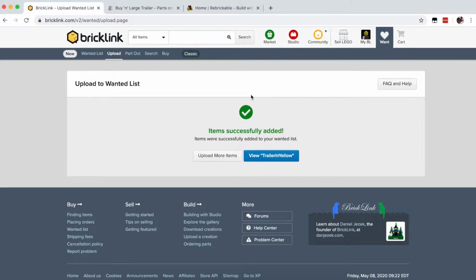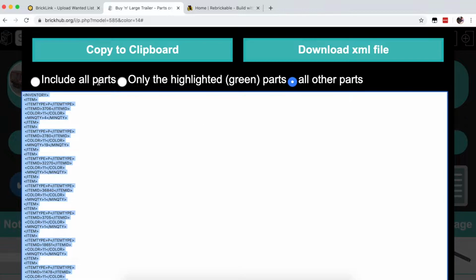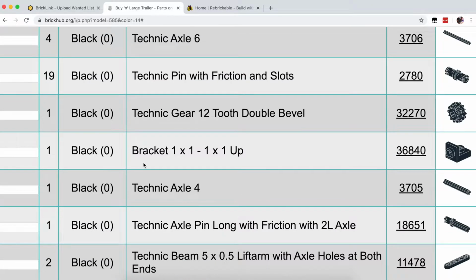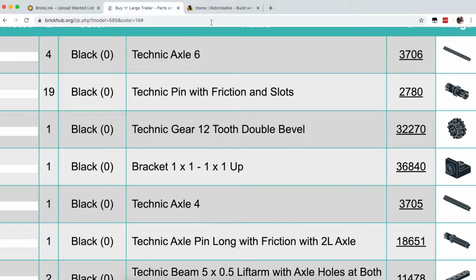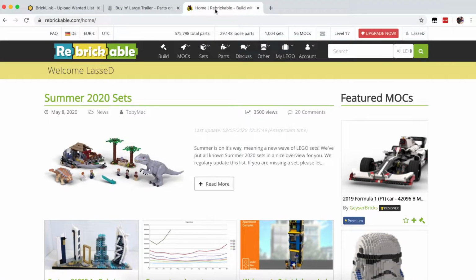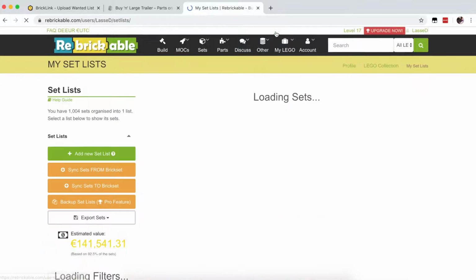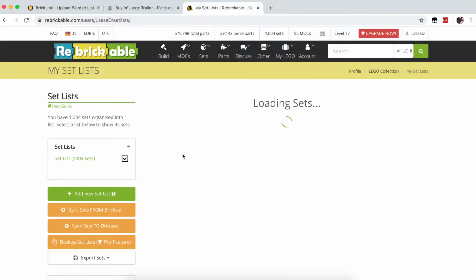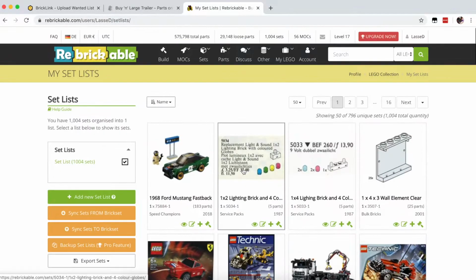Okay, so let's say that you already have a lot of these parts. You might already have this wheel here, you might already have that part there, but you can't quite remember which parts you already have. And for that, we have another website called rebrickable.com. If you make a user here, you can upload the sets that you already have. As an example, I've uploaded my own sets here, and I have a lot of sets.